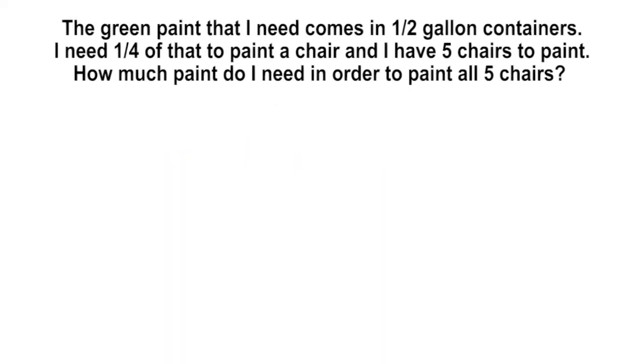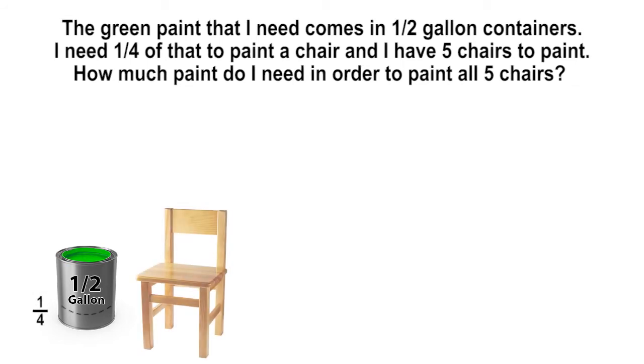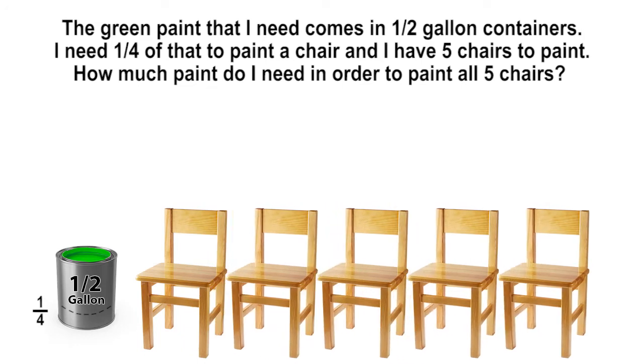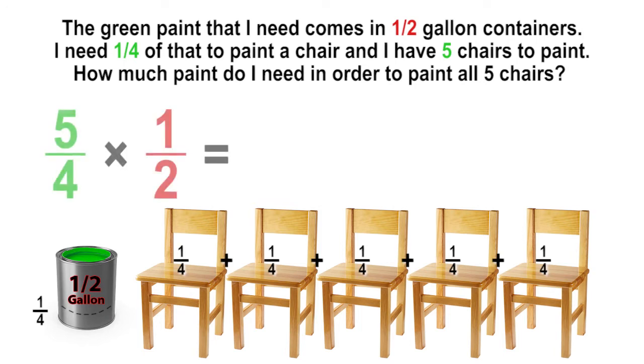The green paint that I need comes in a half-gallon container. I need 1/4 of that to paint a chair, and I have 5 chairs to paint. How much paint do I need in order to paint all 5 chairs? We know that we need 5 1/4 to paint the 5 chairs. We also know that paint comes in half-gallon containers. The fraction multiplication equation is 5/4 times 1/2 equals how much paint I will need to paint all 5 of